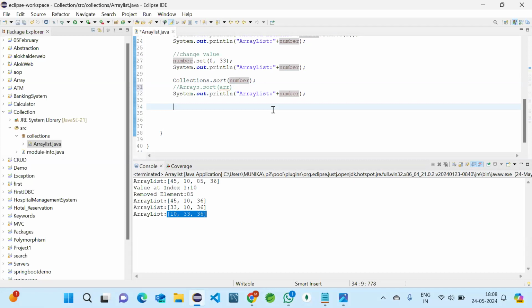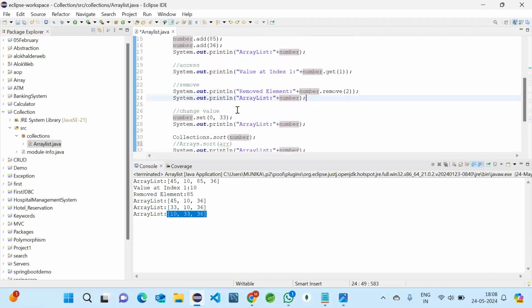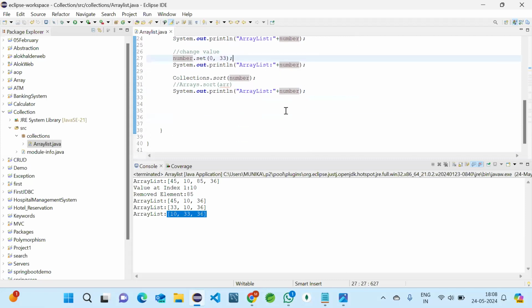That's why we are moving to collections. With arrays, if we don't use any predefined package like this, we should use two for loops to sort, which is time-taking and not optimized code. That's why collections play an efficient role in Java programming.